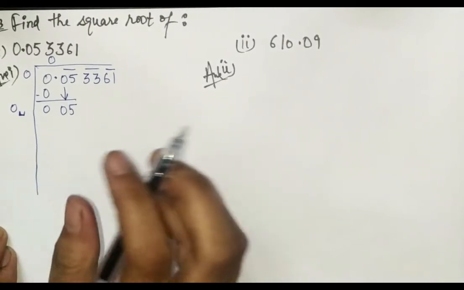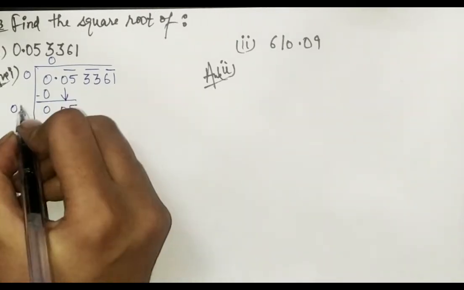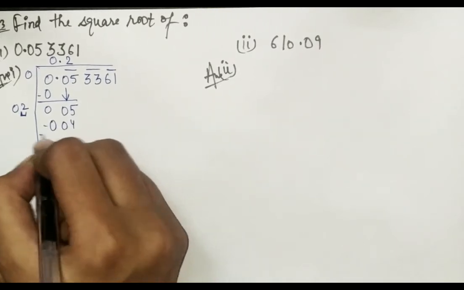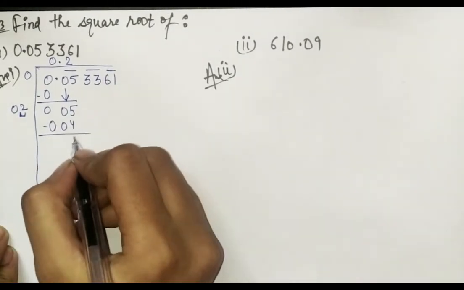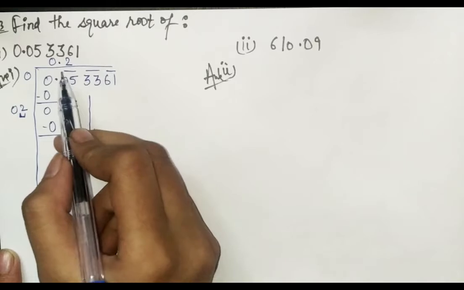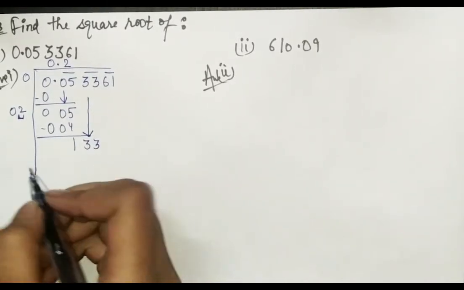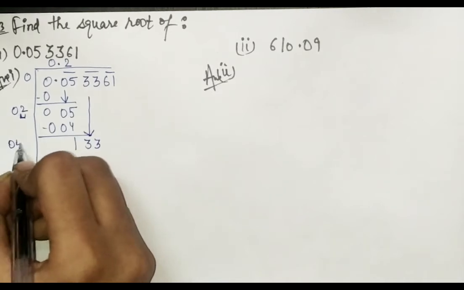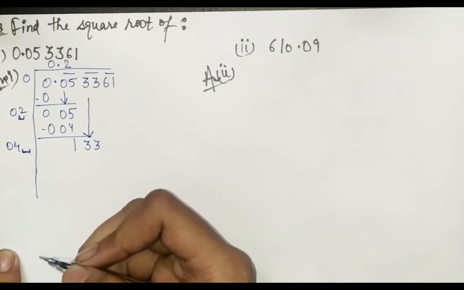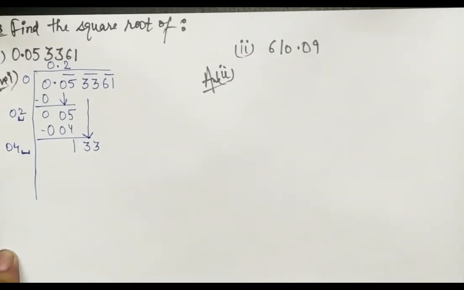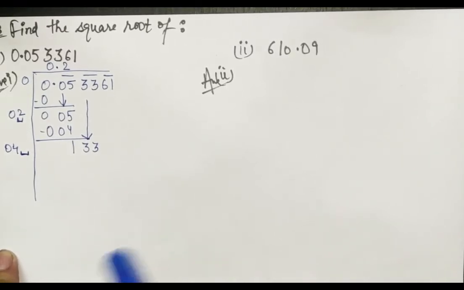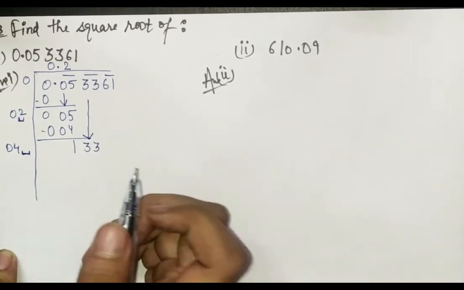Then you all know that this is so simple, that 2 into 2 is 4. So you will be writing 2 here, 0.2. That will be 0 0 0 0 4. Now 5 minus 4 is 1, and now we will be putting 33 below. Now you all know that double of 0.2 is 0.4. Now we want one number here so that this will be completely divisible or less than this. So I am not searching for any number by multiplying and showing you. You can do it on your own, and I am just writing the answer because I know.